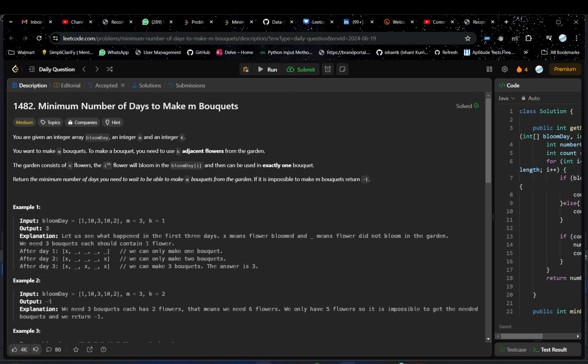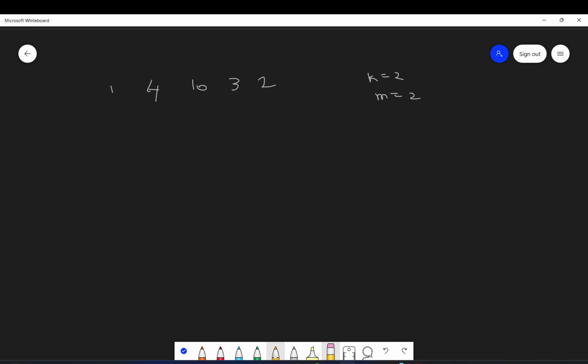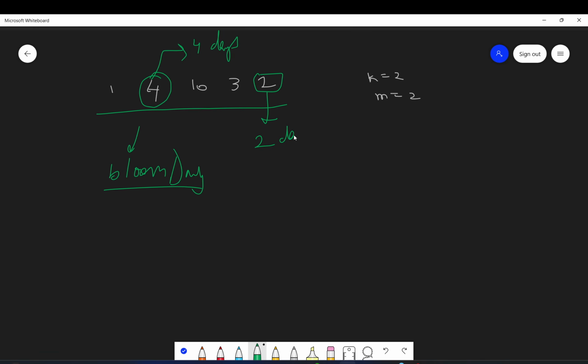So let's understand what the problem is. In this problem, we are given this array, which is your bloomDay array. This shows that this flower will bloom in 4 days. Then this flower will bloom in 2 days. And K means that we have to take K adjacent flowers to make a bouquet.